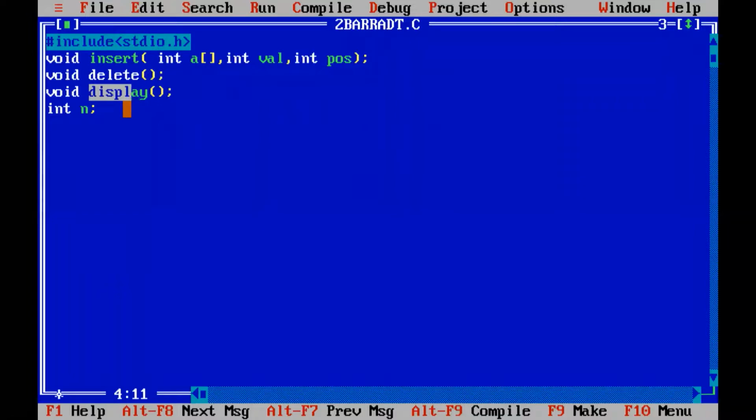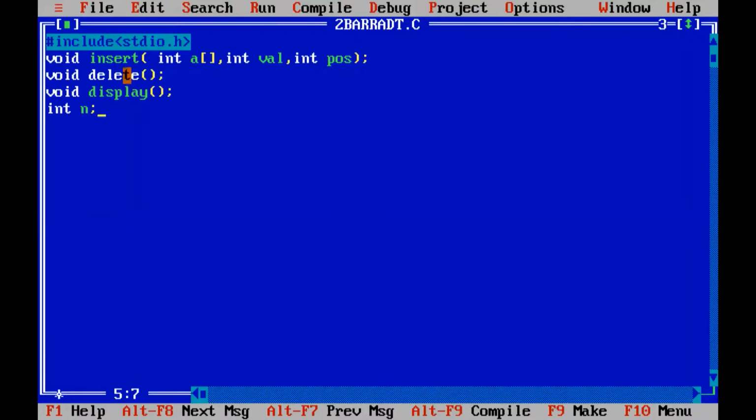Otherwise, you will get confused. As the number of elements in the array changes after insertion, if we had 6 numbers, after insertion it will become 7, right? So when displaying the numbers of the array, we should display all 7 numbers. That's why we declare it as a global variable. Got it? If you delete a number, the number of elements, initially 6, will become 5. So the deletion operation also changes the value of n, so we make it a global variable.